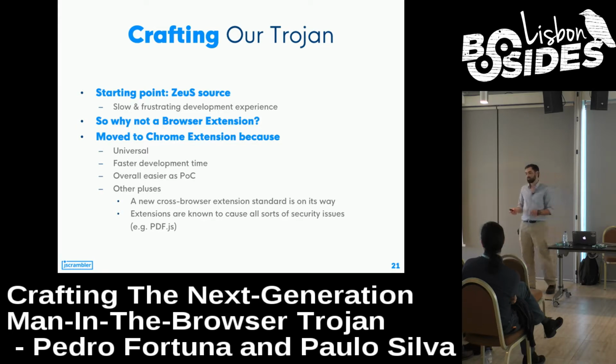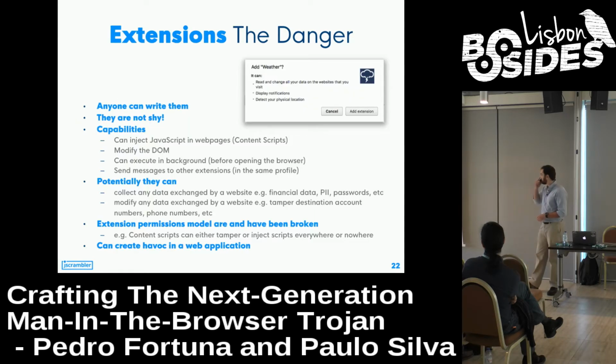CSP does not apply to Chrome extensions, browser extensions, sorry. Which is cool, but we want to defeat it anyway. And also, browser extensions are developed by anyone, and they are known to have all sorts of security vulnerabilities. PDF.js had cross-site scripting at the early stage, and we can get this also from Adobe extensions, so it's an interesting point. And if there's something interesting about browser extensions, and let me choose my words, they can read and